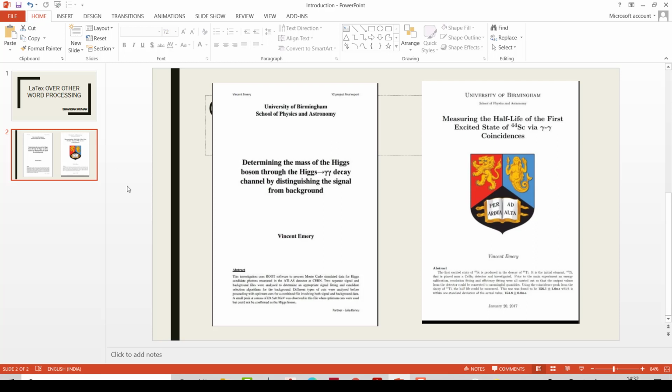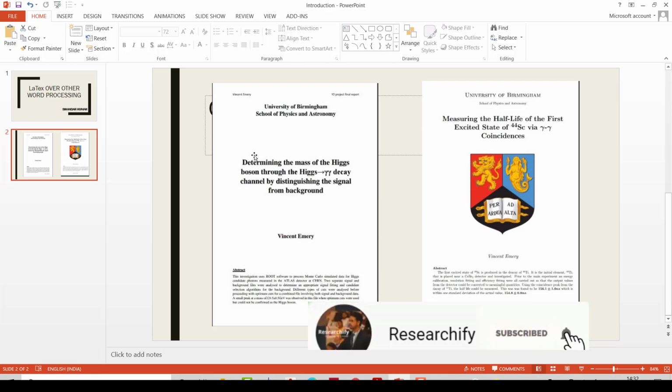See, these are two pictures, this is one and this is the other. This is the front page of a thesis. This file is written in Word, and this file is written using LaTeX.